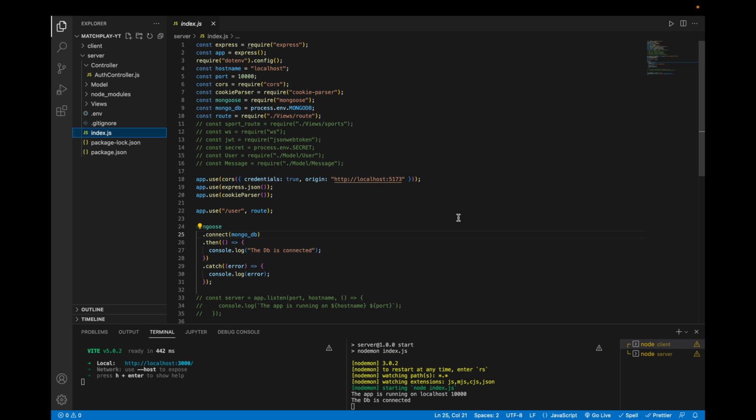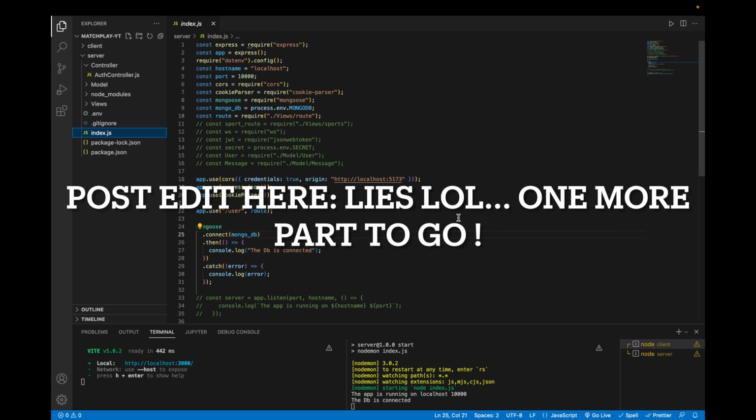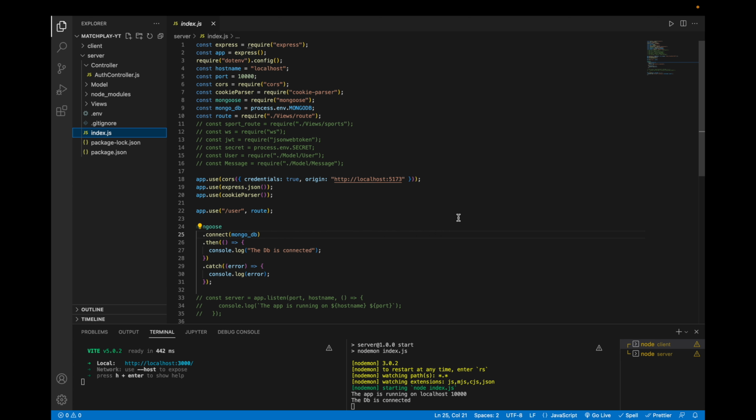So today we should be finishing up our match play application. This should be part 6 and the final one. Anything after this is just going to be cosmetic, making the application look a bit more aesthetic. So today we're going to be working on